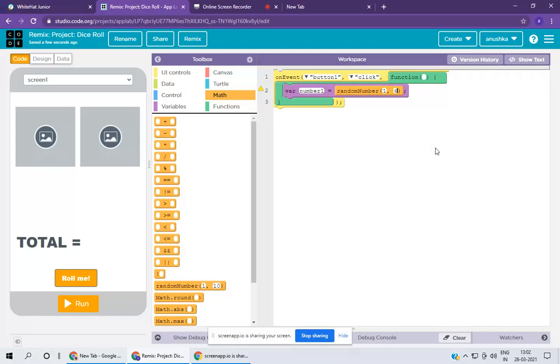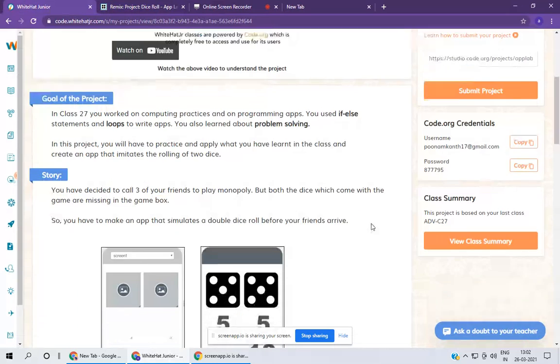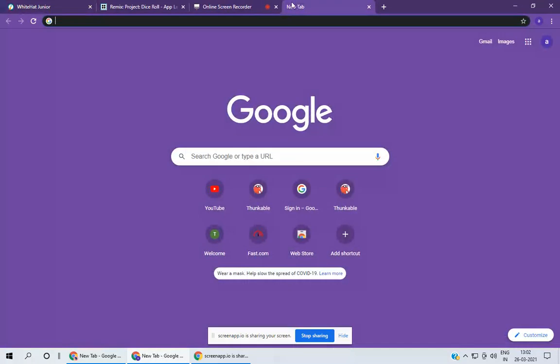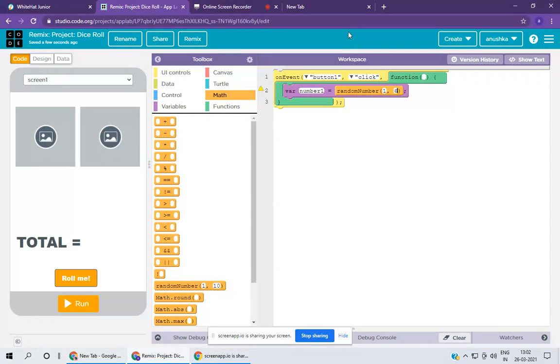Because in a dice, if you have played ludo or snakes and ladders, or even business, we use dice. A dice has 6 sides, which means 6 numbers. Like here, 1 dot and 2 dots, and here are 5 dots. So that's why we are using number 6 here.